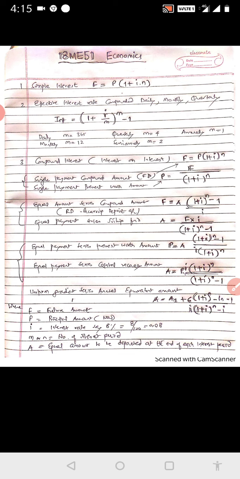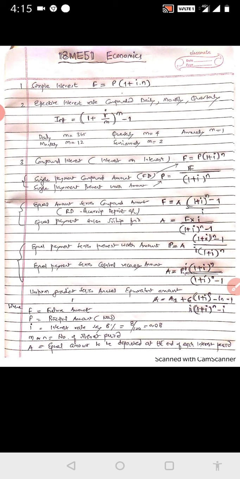So the 2 lakh that I am going to get after 10 years is equal to 1 lakh today. Correct? The 2 lakh rupees that I am going to get after 10 years is equal to 1 lakh rupees today. So the value of the 2 lakh after 10 years is known as the present worth amount today. Single payment present worth amount.